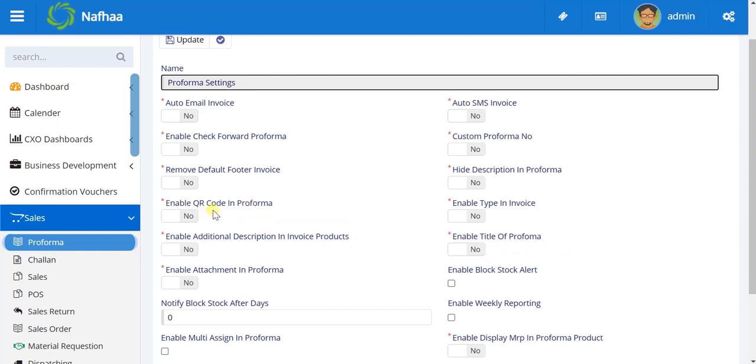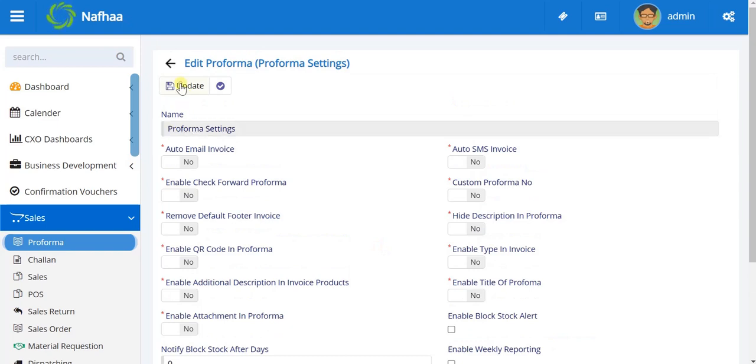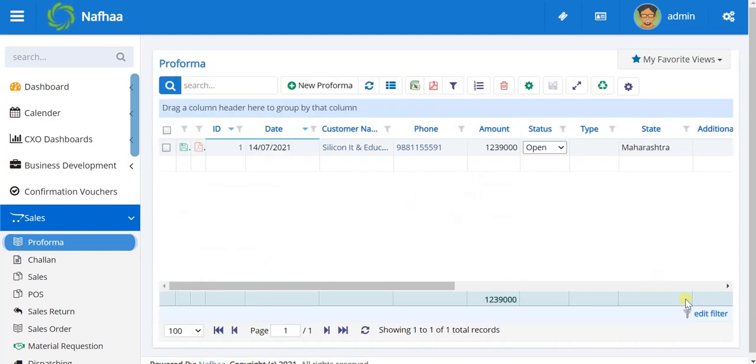So if you enable this QR code payment over here, the QR code will be generated on your proforma, on the scan of which the payment can be done from the mobile devices or the mobile apps by your customer. So just go to settings and configure your account number and just enable this option. So QR code will be generated for payments to be scanned from the QR code. So update. So here you will find edit filter option, and there are some interesting options like creating views